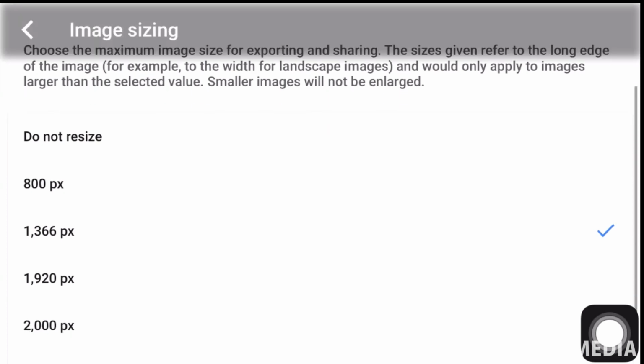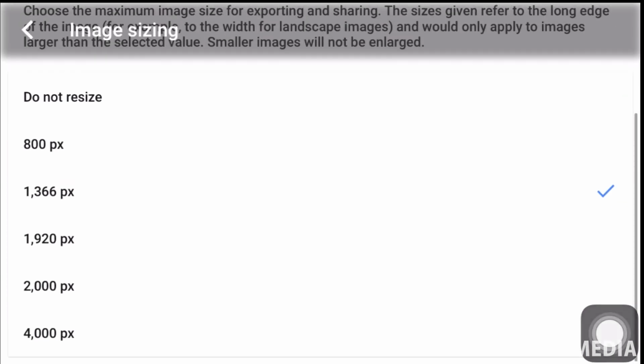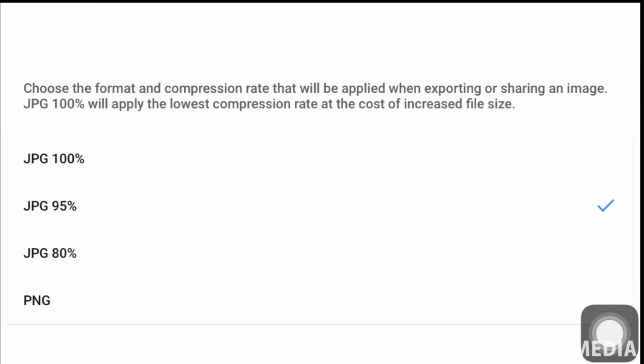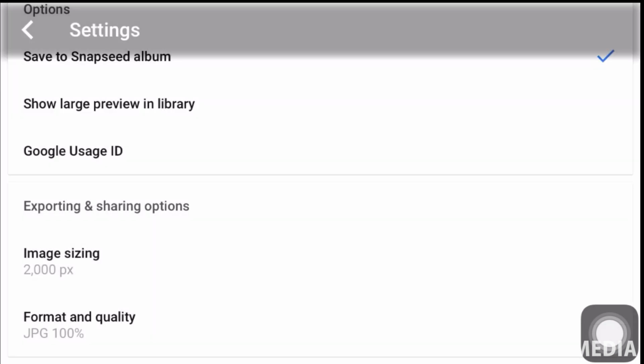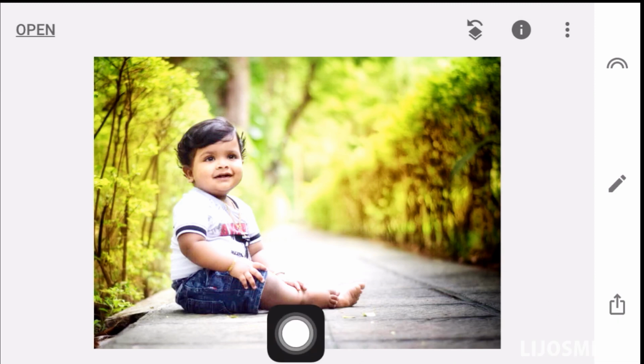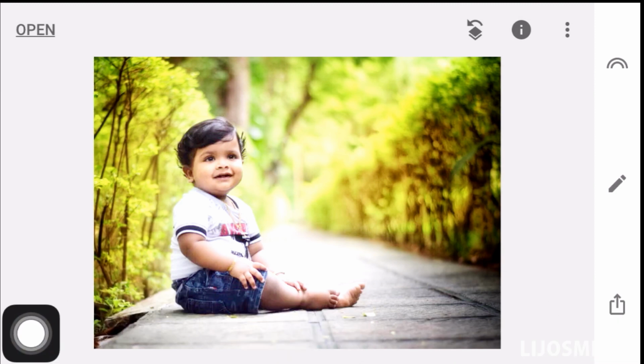Here 800 pixels to 4000 pixels is available. Suppose I am selecting 2000 pixels. The image quality is also available: PNG, JPG 80%, 95%, 100%. Suppose I put 100%, and after that you just export this.